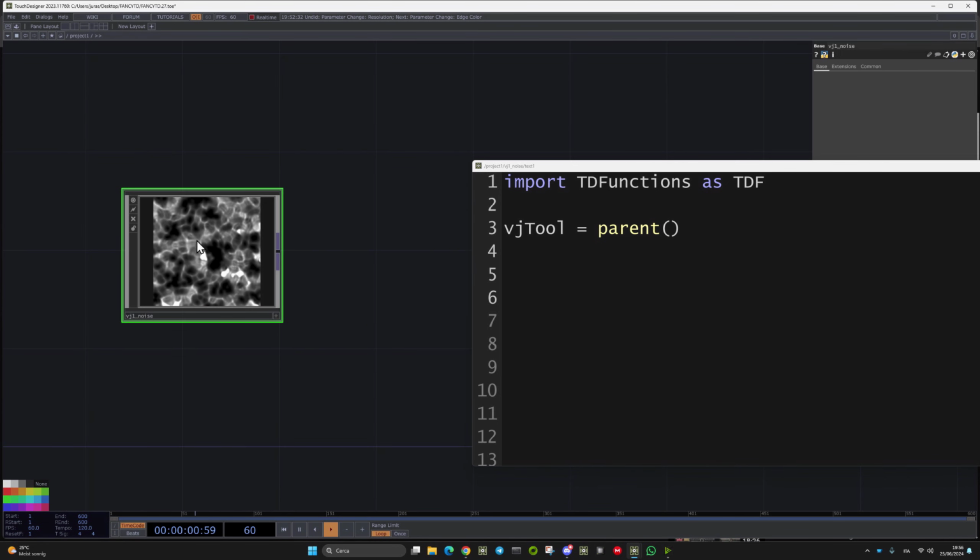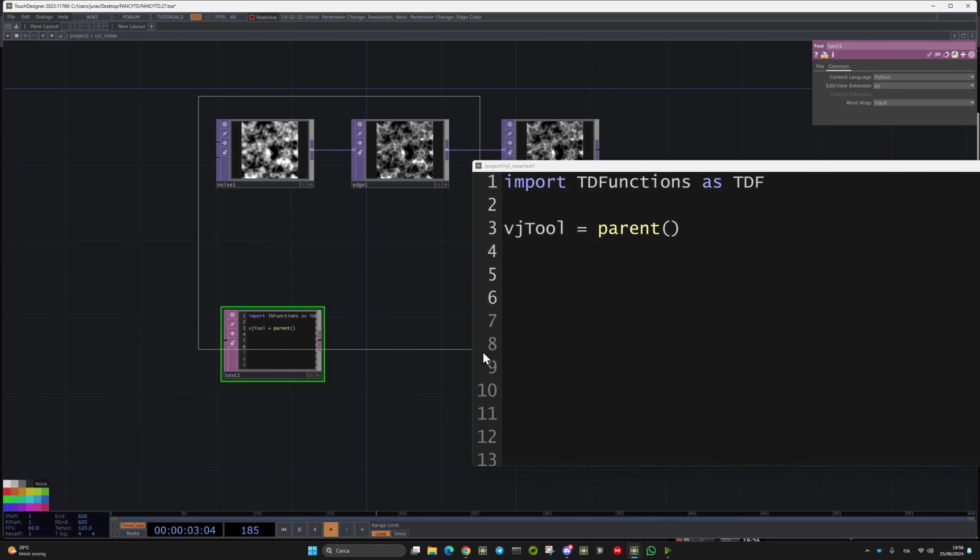So this guy is a father, and those are the children of the father called VJ1 noise. Fair. So if the VJ tool is our parent, the VJ tool operators ops is VJ tool